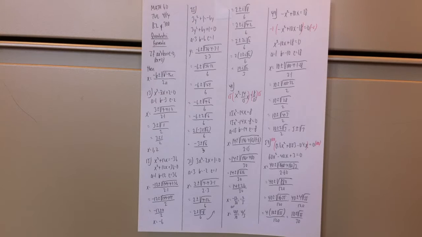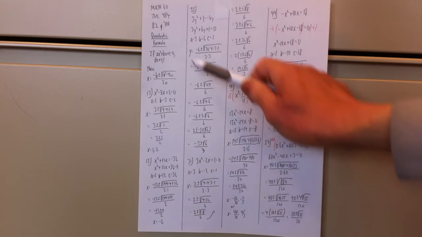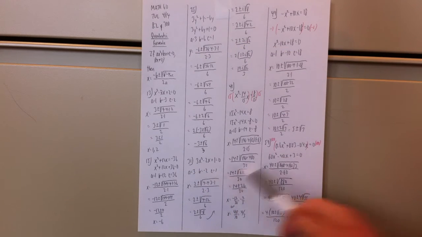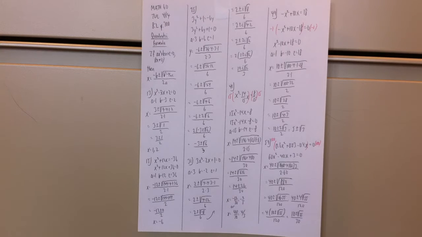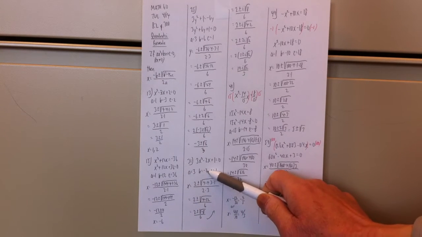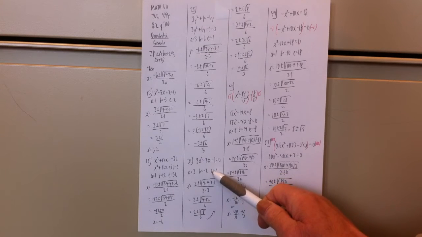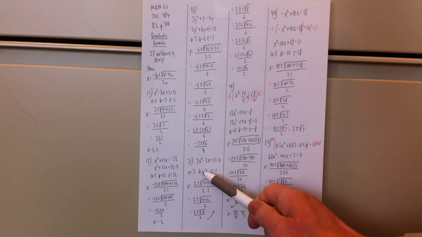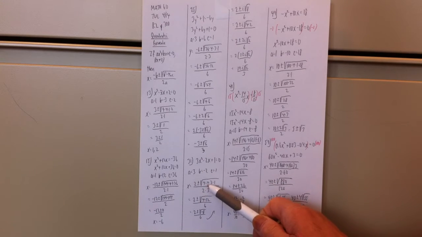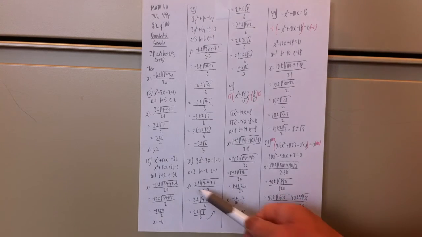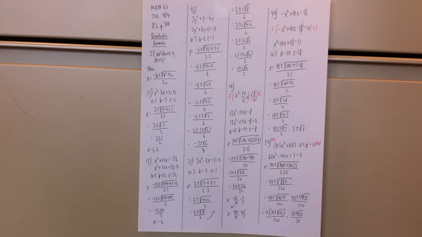Okay, problem number 31. 3x squared minus 2x plus 1 equals 0. That's already in standard form. So I just get my a, b, and c as 3, negative 2, and 1. So x is equal to, by formula, negative b, the opposite of b is negative of negative 2. That's a positive 2. Plus or minus the square root of b squared. Negative 2 squared is 4. Minus 4 times a, which is 3, times c, which is 1,